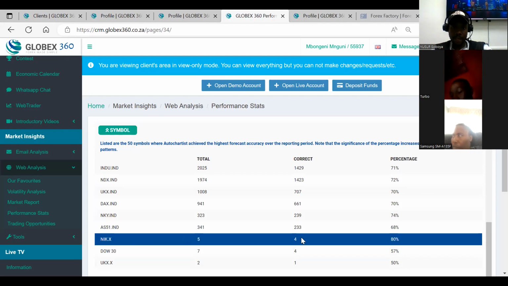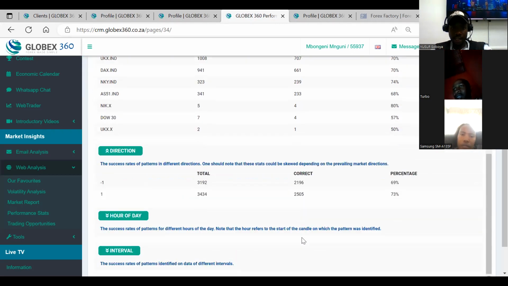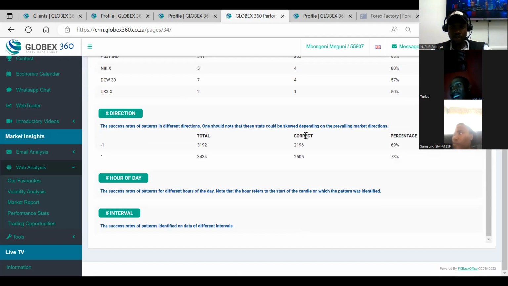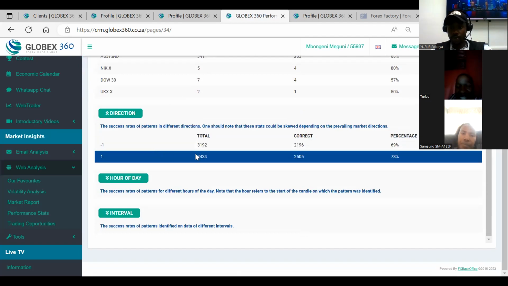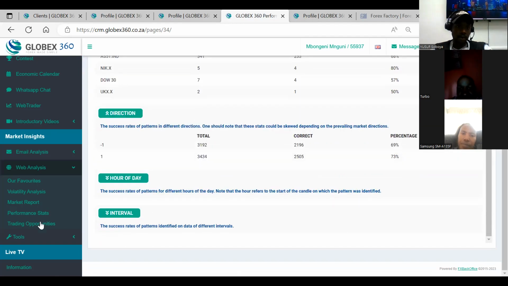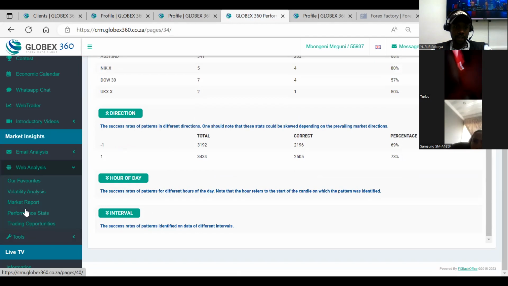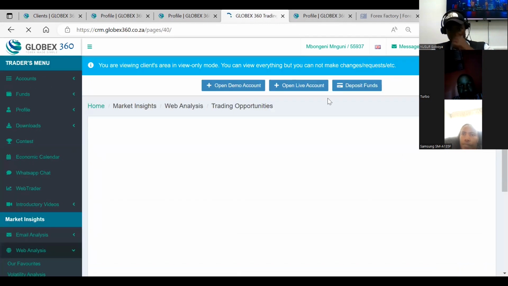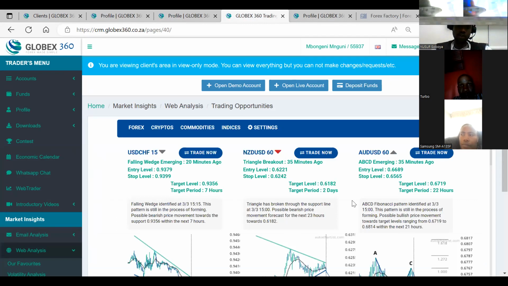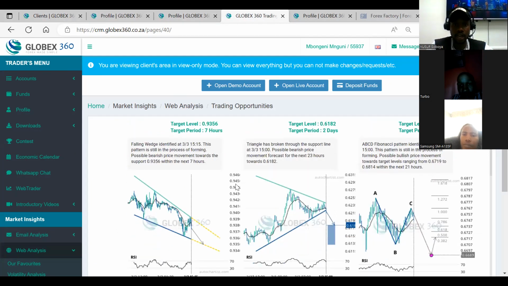This is Nikkei. Nikkei has a higher percentage in terms of percentage. But the most important part out of this web analysis, out of this Autochartist, the part that I like most is the trading opportunities. When you click on the trading opportunities, it shows you the type of opportunity that you have on a day that you can use. So here you cannot have an excuse to say that I was not trading because I don't know how to trade. You click trading opportunities, it tells you